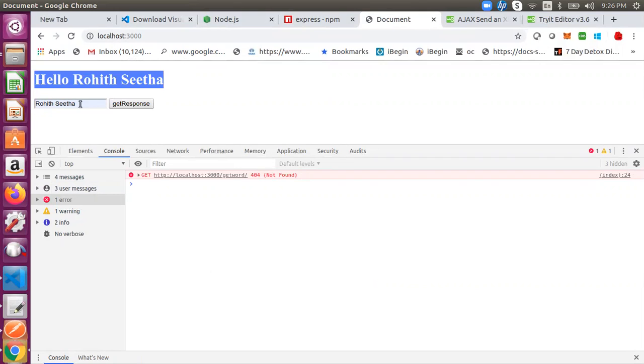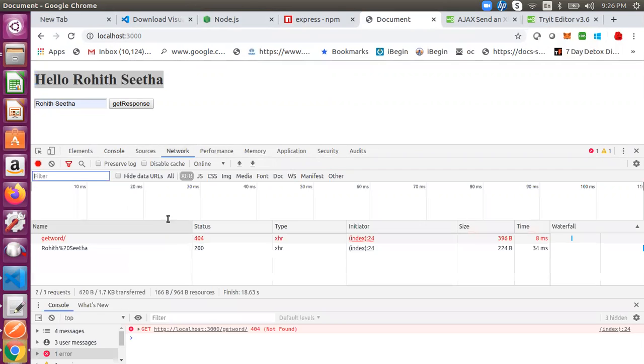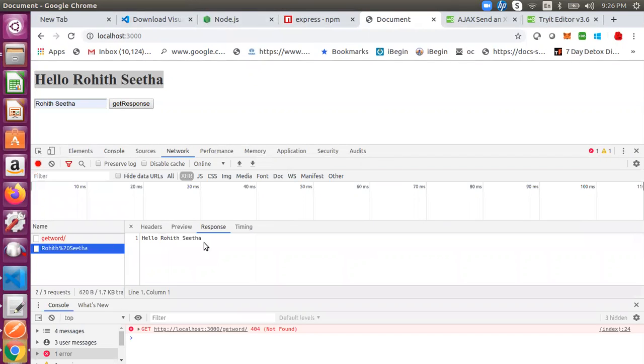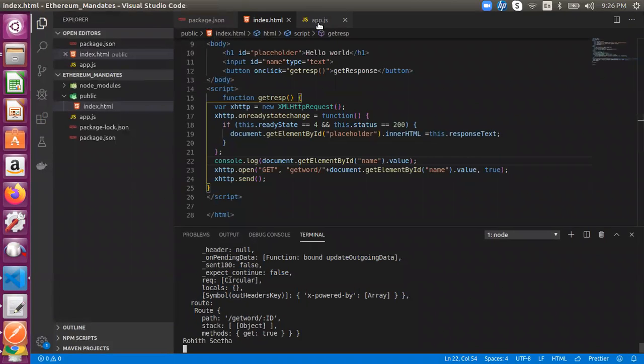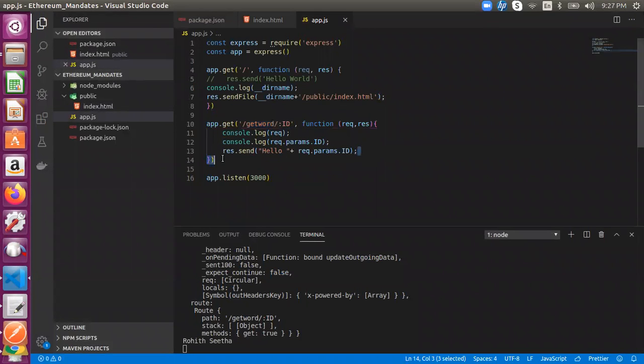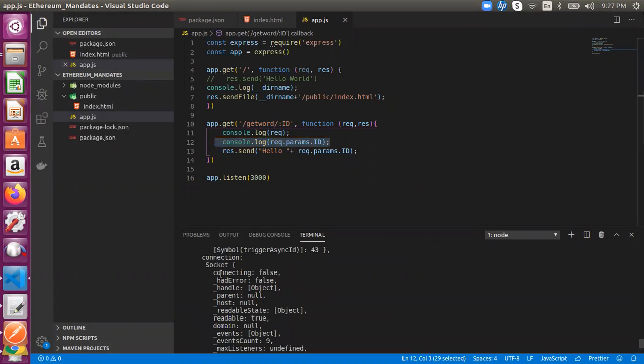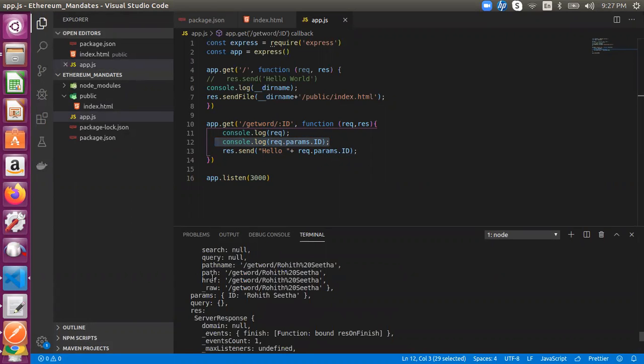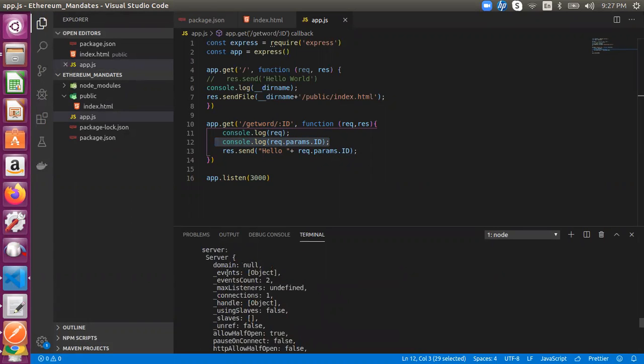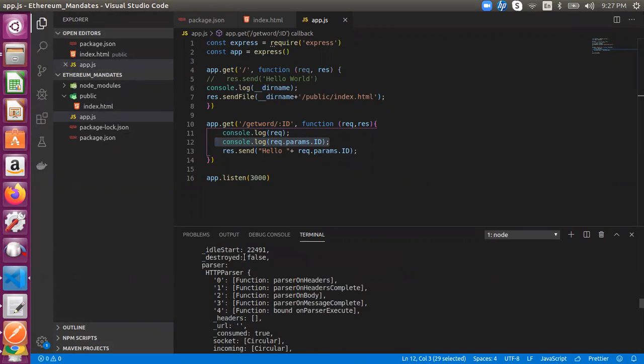Now we send Rohit to the backend and the backend replies, res.send hello plus request.params.id. You can also see in the console that it printed Rohit here. For the request there are many methods available, you can check them and explore.